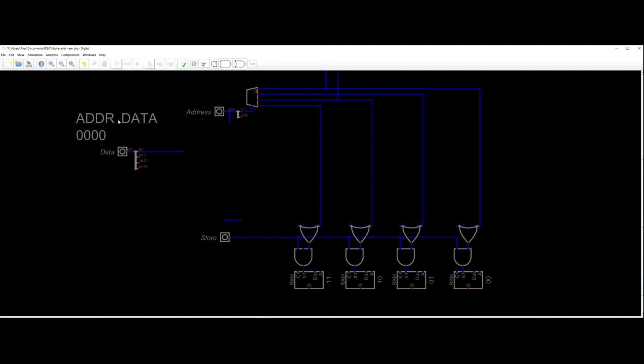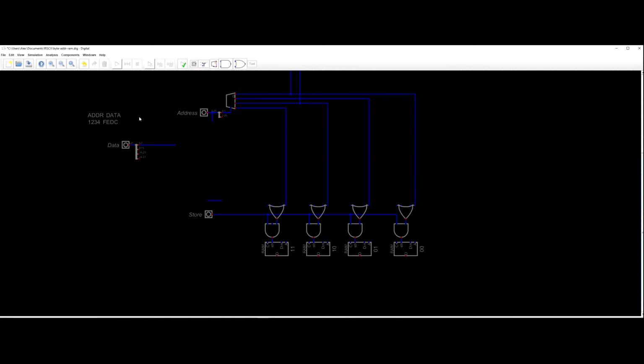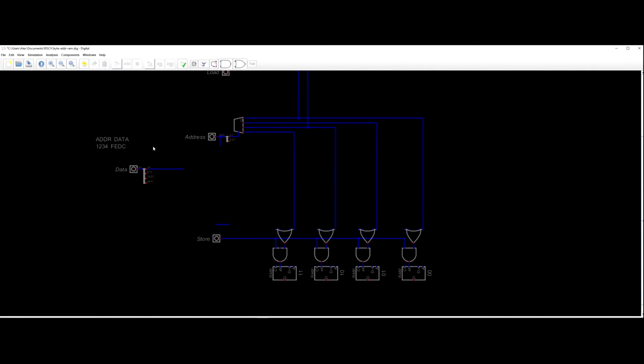Okay. So how am I going to represent this? So we'll have 1, 2, 3, 4, and data of FEDC. Something like that. Okay. So let's think about, if we have address of 1, 2, 3, 4 in hex,